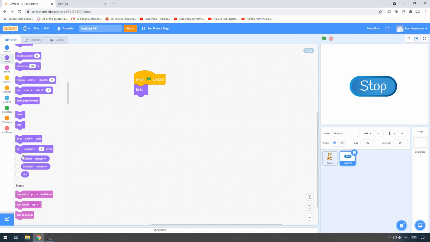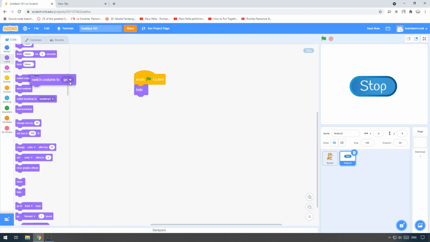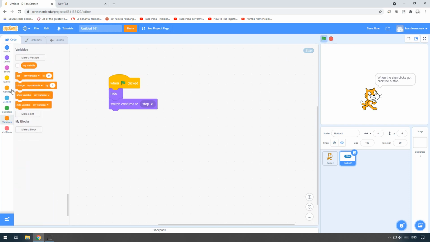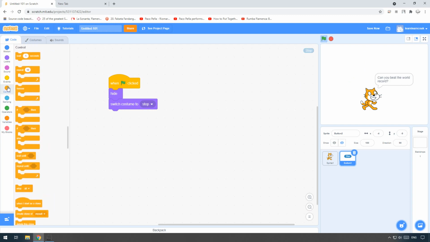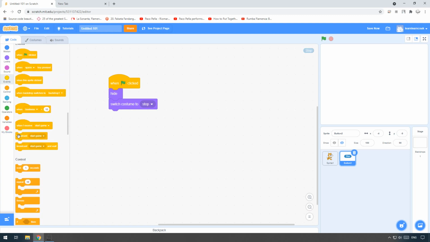Here we go. Where's my costume gone? Switch costume to stop. Good. Here we go. So there we go. When we click start, it should hide and switch to stop. Good. And then when the game starts, we need to do something. We need to make it appear. So let's go here. When I receive start game, there you go. When I receive start game, what we will do is we'll show,